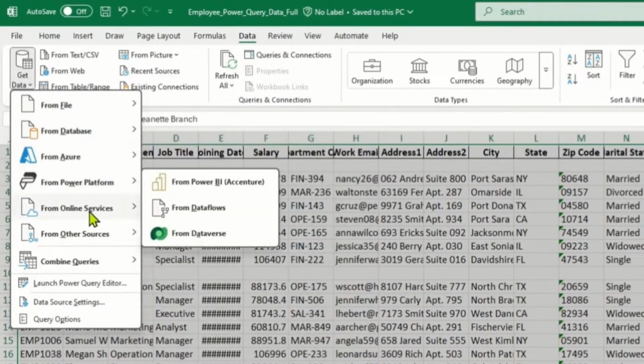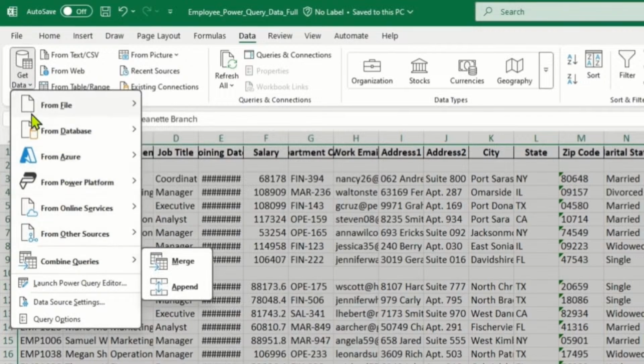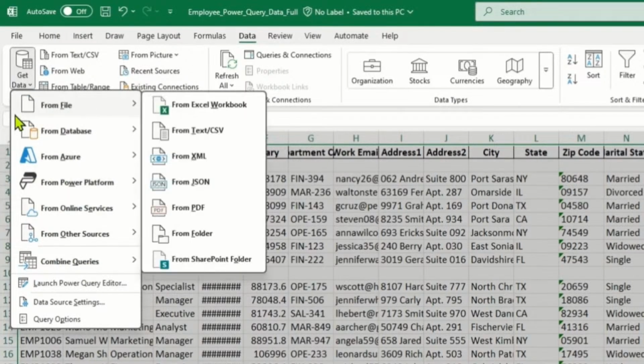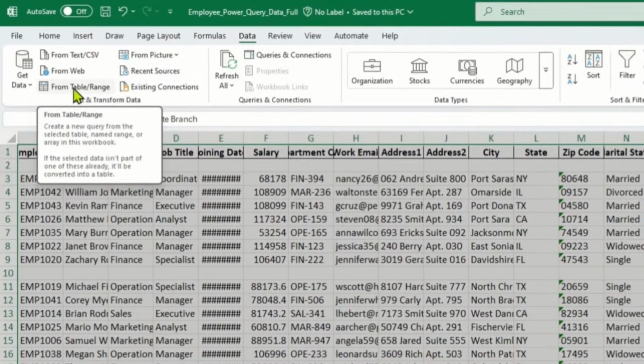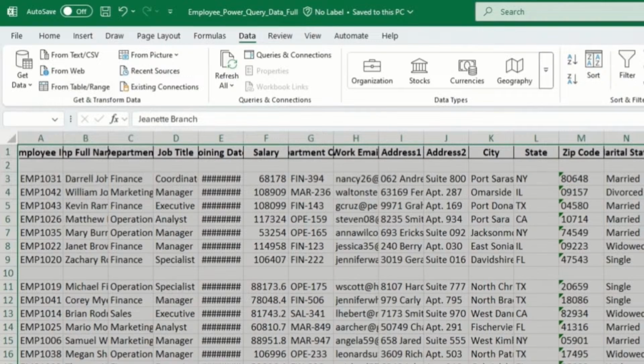उसी तरह यदि आपका डेटा किसी क्लाउड सर्वर में है, आप फ्रॉम एज्योर सिलेक्ट कर सकते हैं। क्योंकि हमारे पास डेटा ऑलरेडी अवेलेबल है एक्सेल शीट में, तो हम ये ऑप्शन यूज नहीं करेंगे। हम यूज करेंगे फ्रॉम टेबल रेंज। इस ऑप्शन से आपके